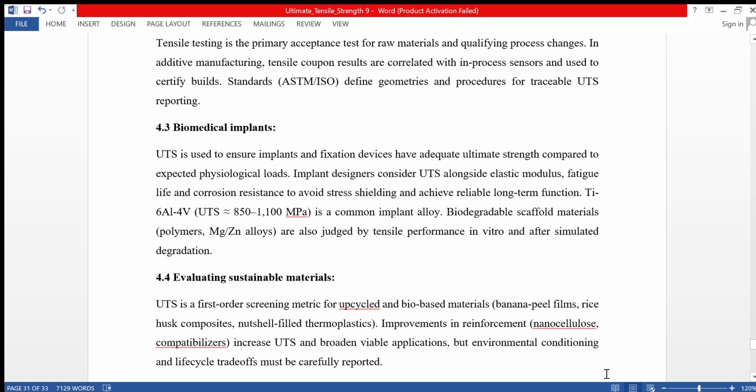Evaluation of sustainable materials: UTS is a first-order screening metric for upcycled and bio-based materials. Improvement in reinforcement increases UTS and broadens viable applications, but environmental conditioning and life cycle trade-offs must be reported. Next point is